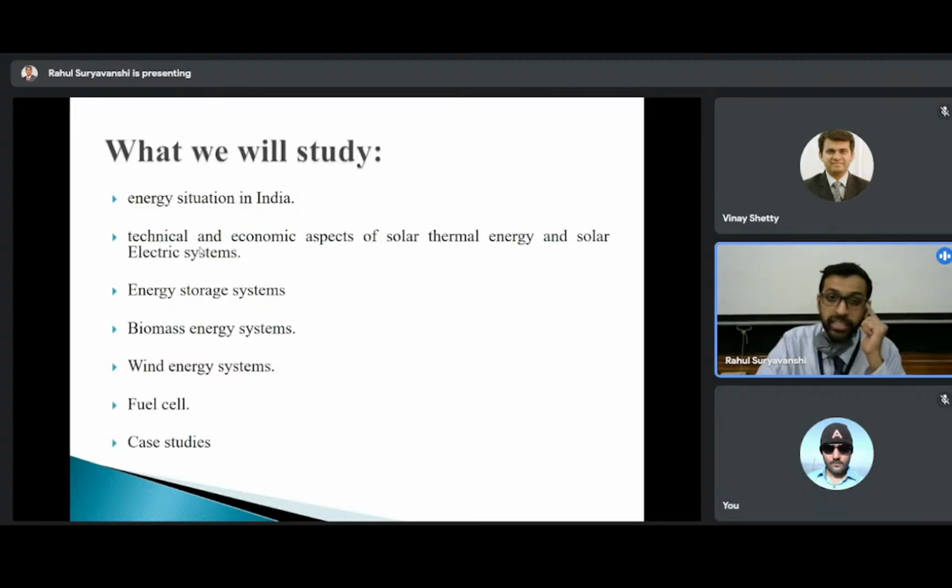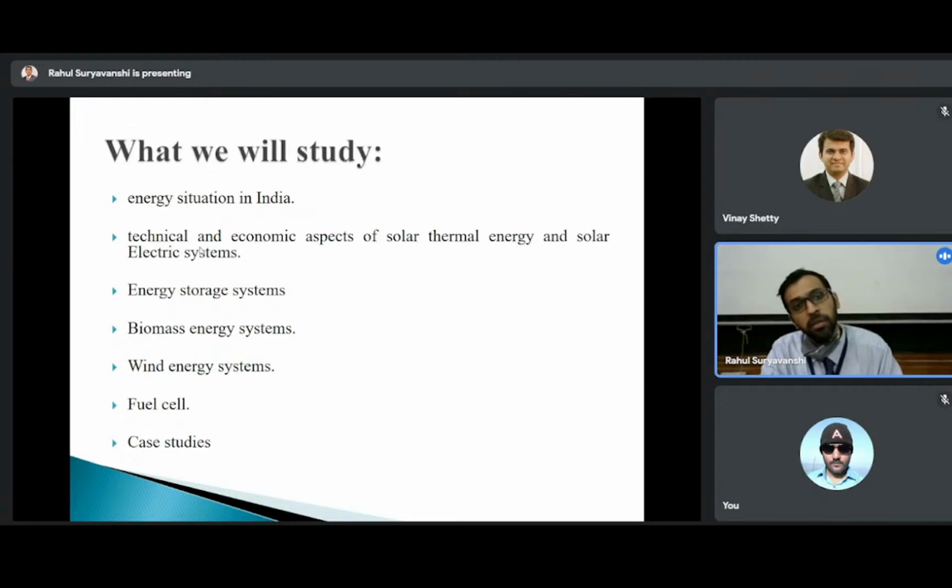Now, why do we need to study this? As we know, India is emerging with renewables. A large amount of renewable has to be installed, and with a large amount of installation, a large number of job opportunities are going to come into the market. There are various companies, for example, Waaree, Vikram Solar. These are companies which manufacture solar panels. Then there are Delta, Grovatt, SMA. These are companies which develop the electronics part, inverters.